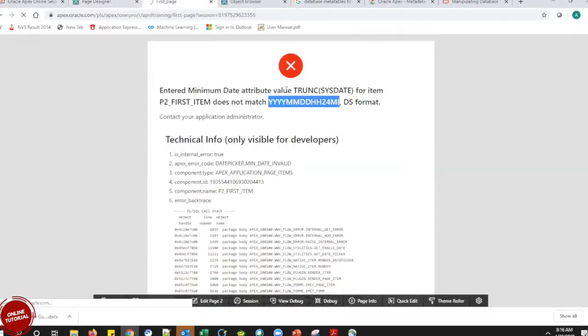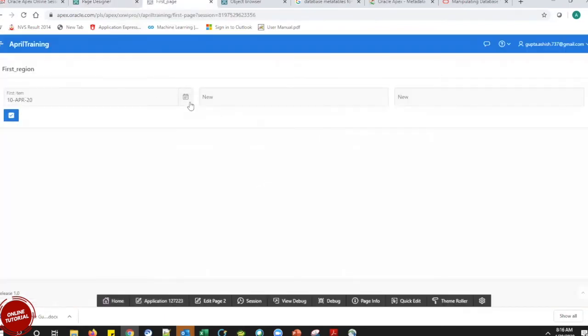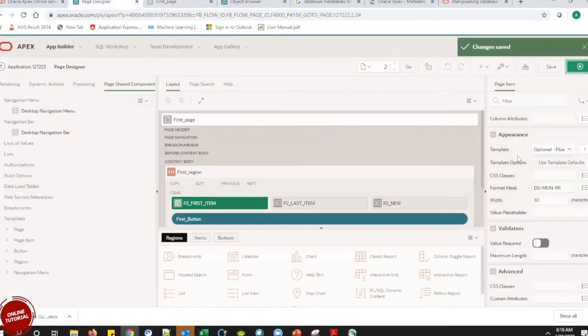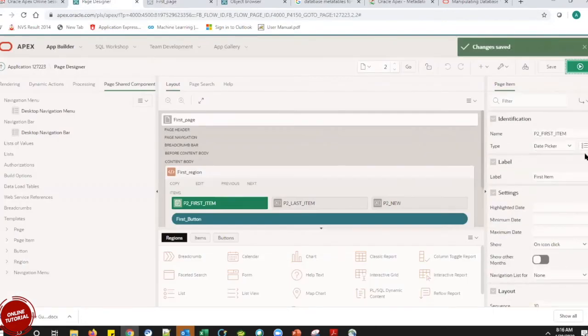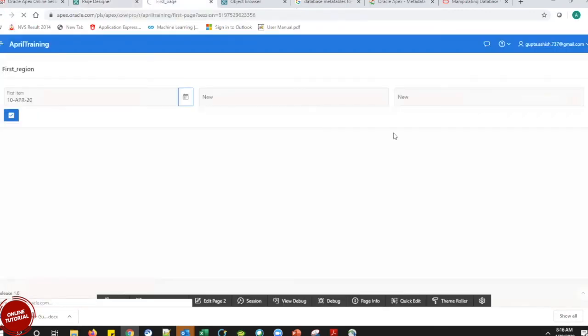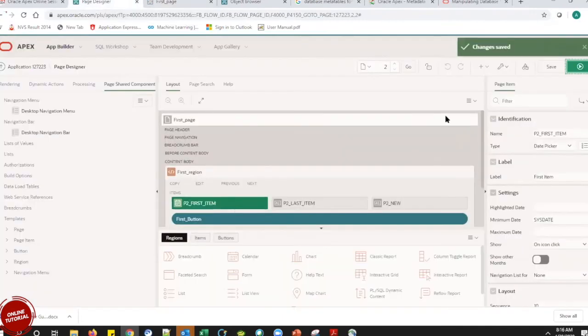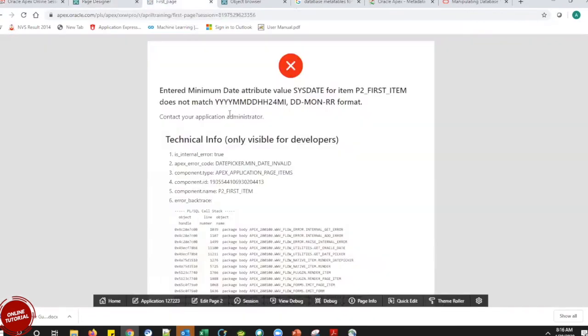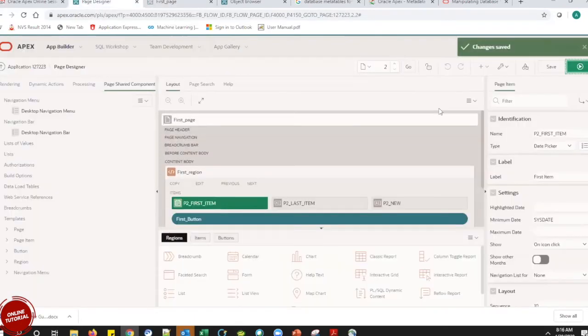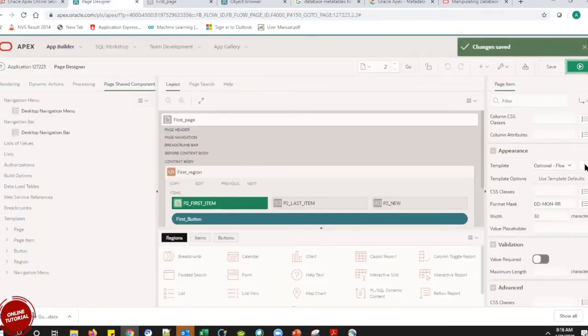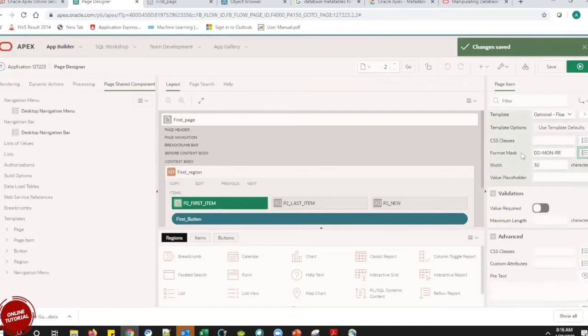Okay, one second. Right. Now, if I keep it as this date, oh no, just give me a second. YYMMDD. Okay, format.